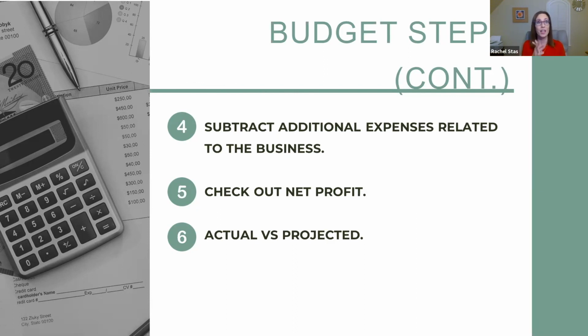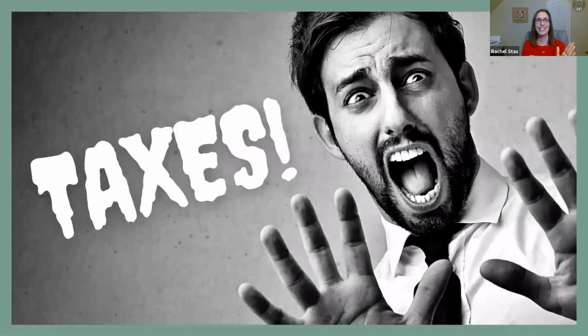Now, do not include any of your personal expenses. You want to keep it very focused on your business. But once you get to that net profit, if you wanted to do a personal budget, you would start with that net profit number. So that's where, okay, now how do I budget so I can get that vacation? So once we're allowed to go places. So I think we covered budget, hopefully, as much as we need to. And now we're going to talk about everybody's favorite topic. Taxes, yay.